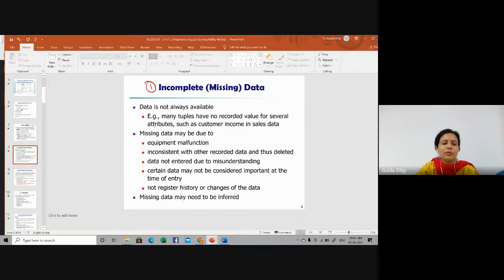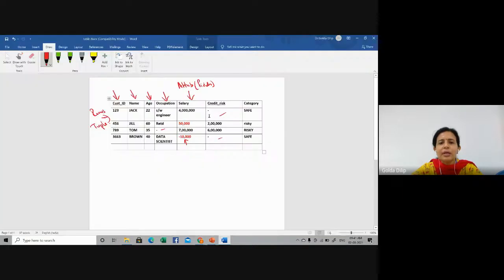When we say missing data, there are actually many cases. Data is not available. That means the tuples have no recorded values, like customer income in sales data. So for example, here, the occupation of Tom is not recorded, or Brown's credit risk is not mentioned.